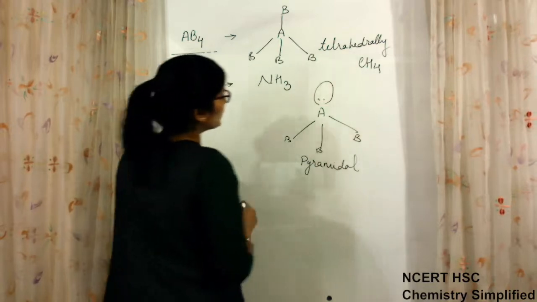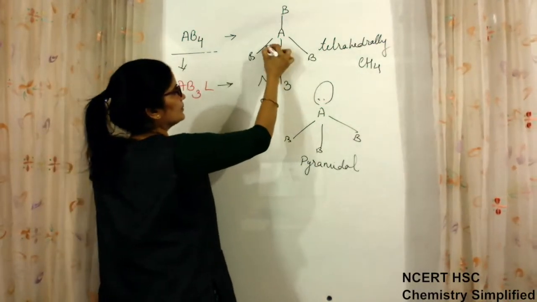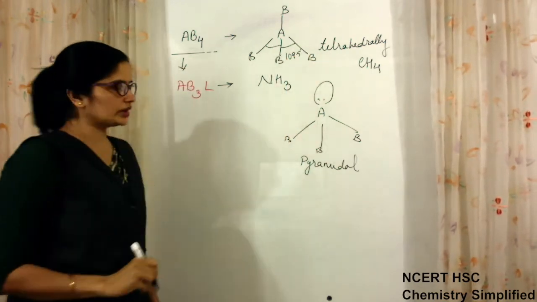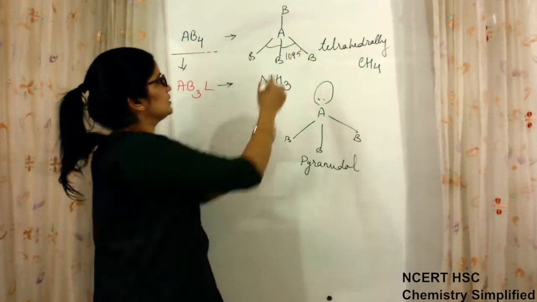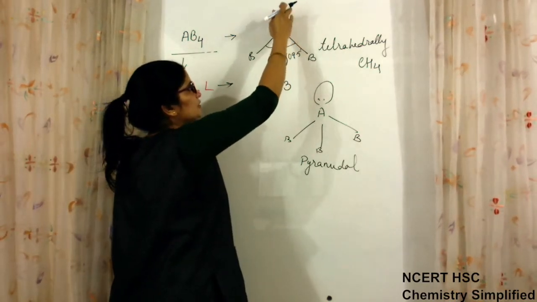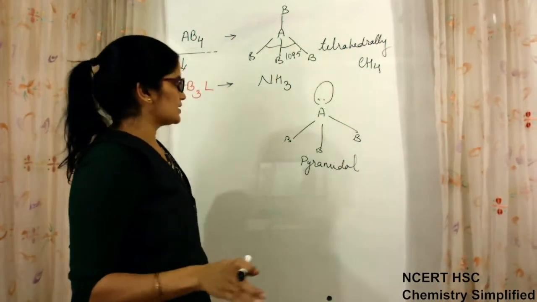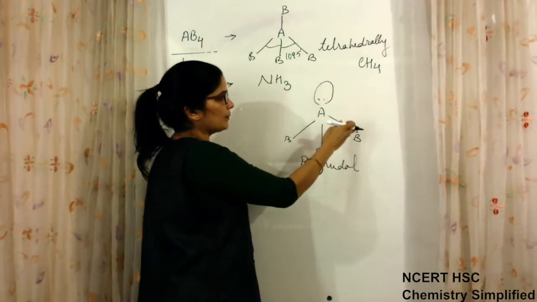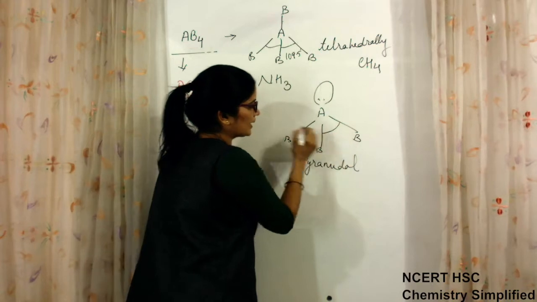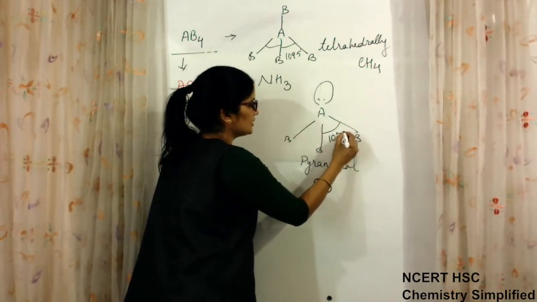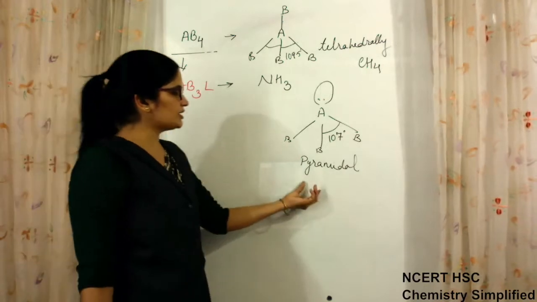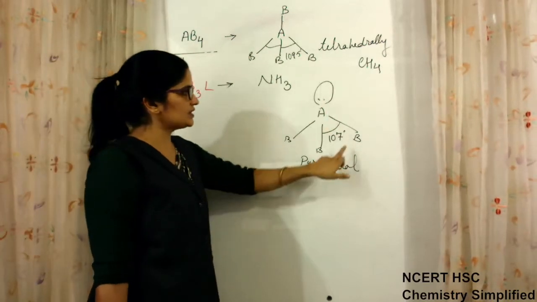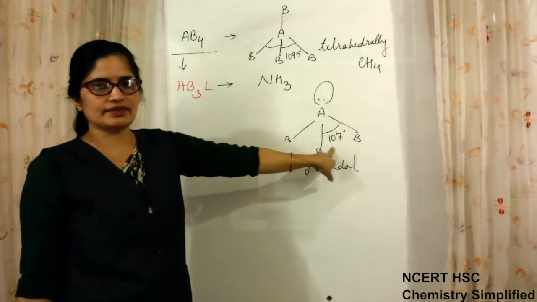Okay, now the normal bond angle when the geometry is tetrahedral is 109.5 degrees. Okay, now we know that this is a bond pair, this is a bond pair. The repulsion between a bond pair and a bond pair is very less. This is a lone pair, this is a bond pair. Okay, so the repulsion between a lone pair and a bond pair is more. So now this bond angle is reduced to 107 degrees. So in the case of pyramidal geometry, which is the distorted form of tetrahedral geometry, when 1 lone pair is present, it has a bond angle of 107 degrees.